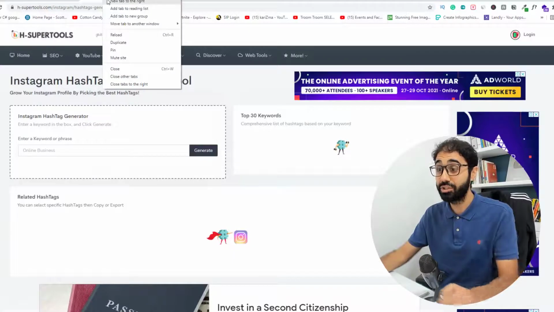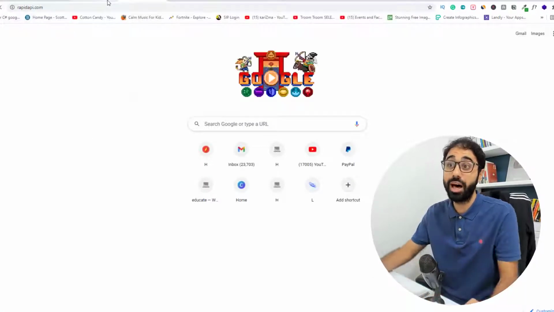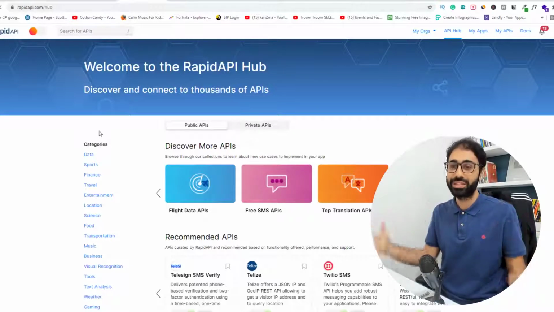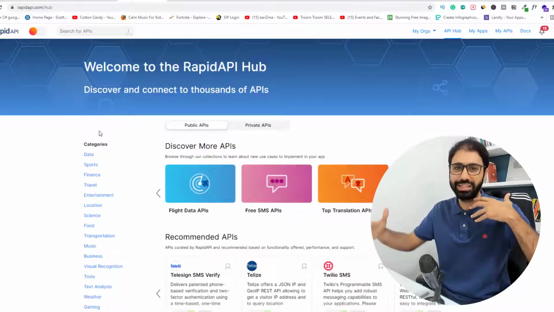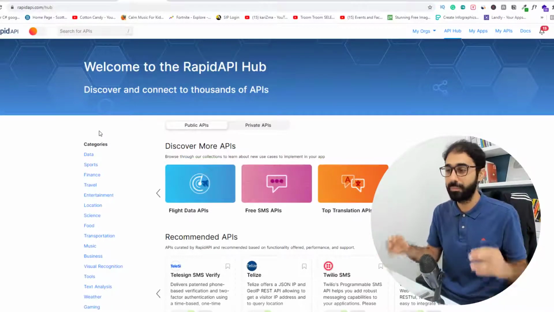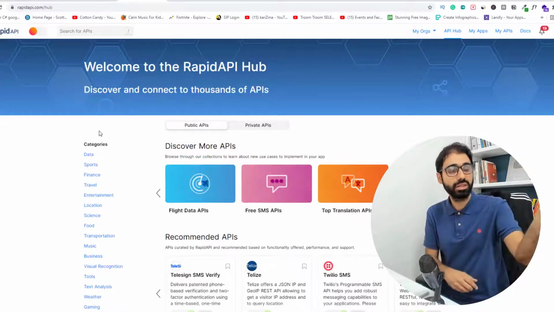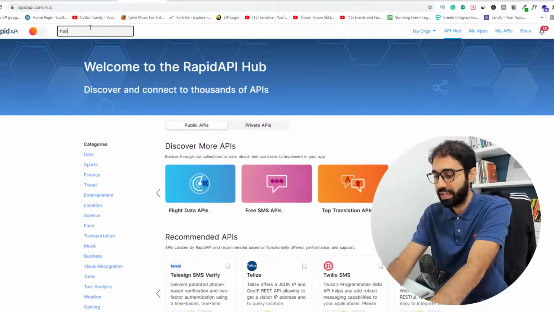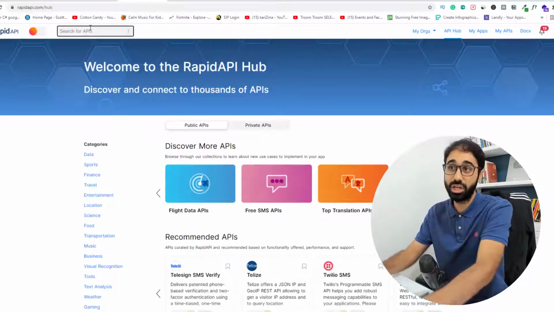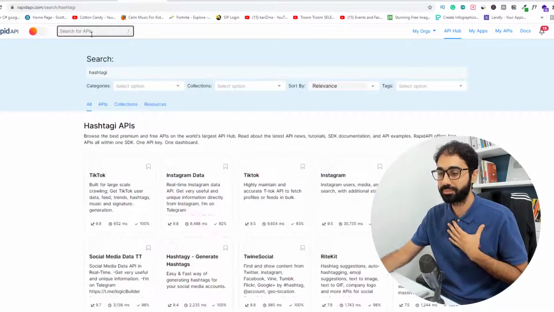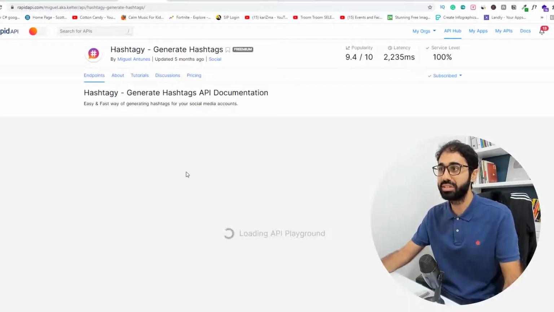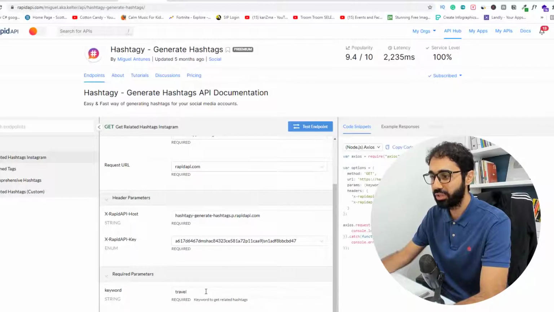We have a website called rapidapi.com. We have a lot of APIs here. What's an API? Without going now into deep technical stuff, it's simply a service that you can get data from. Let's go here and search for Hashtaggy, the service or the API I am using. Hashtaggy generate hashtags. Look at this. I am subscribed to this API. If you go down here and let's say